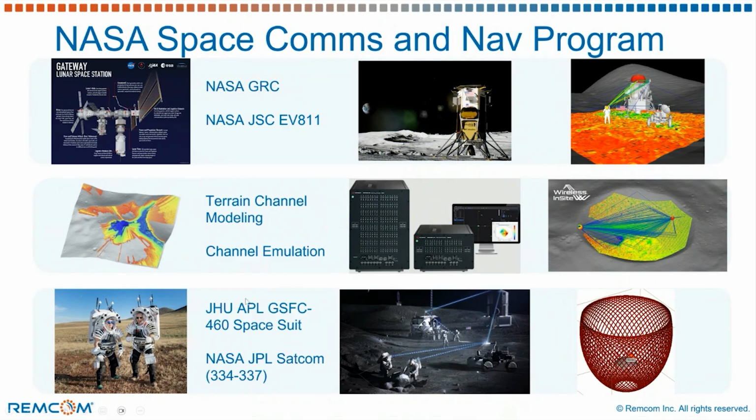Furthermore, we are looking at correlation and validation of the JET 7 measurements that NASA and NASA's teams have performed on various craters in the Nevada and Arizona deserts, and providing those grounded correlations between the predictions that are made inside Wireless InSite, inside Remcom software, to measurements that NASA has performed. Moving into orbital communications into the lunar surface, this is a growing area that we're continuing to partner with NASA.